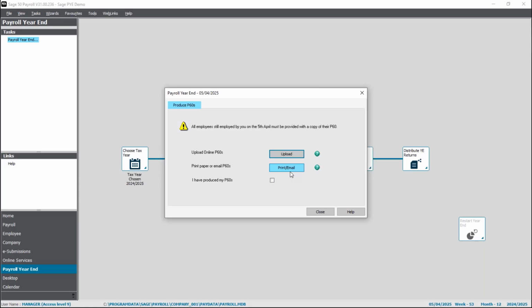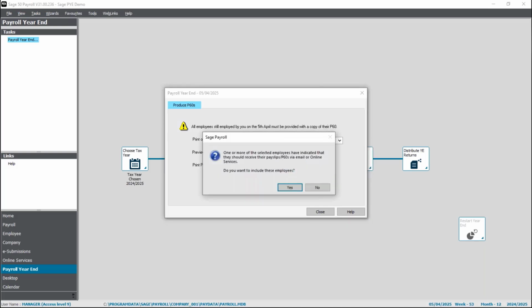So I am going to start with print and email by clicking on this button at the bottom. And then from this screen, we select whether we'll be printing them or emailing them. So I'm going to start with print. And as you can see, I've ticked the box to preview the reports first. And this is going to give me some other output options. So I'd recommend that you leave that ticked. And if I then click on the print button,